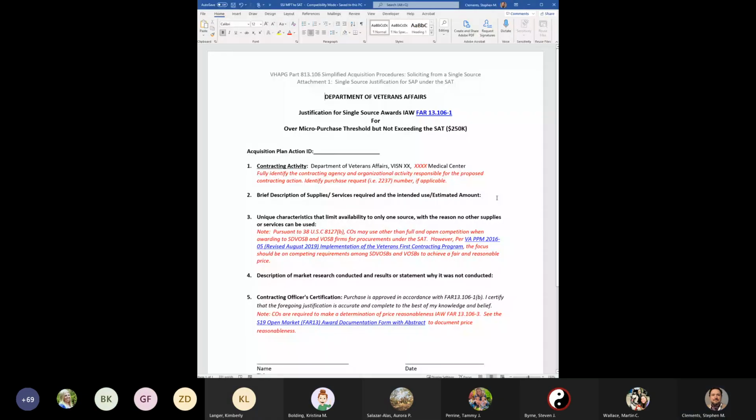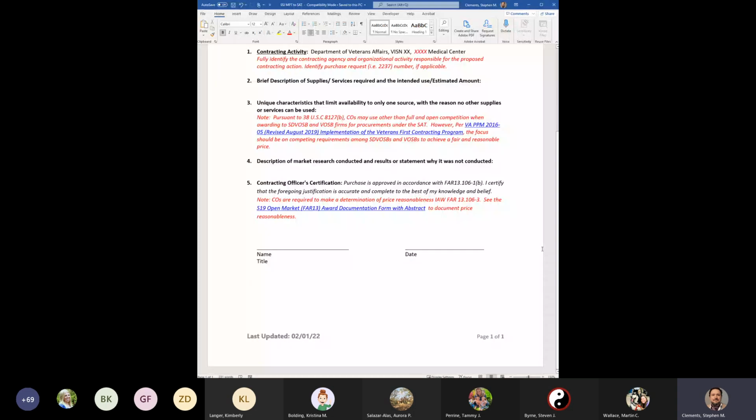Right. So we're soliciting from a single source under the SAT. The form identifies itself up at the top. And I pulled this off of the procurement guide. This is the most current form of it from February 2022. A thing to note